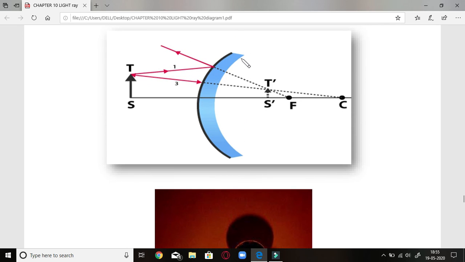We have taken this as a convex mirror, showing its reflecting surface. This is an object which is upright, with arrow and base. One ray is going parallel and then it is reflected back, and this ray which is diverged out will appear to pass through the focus, take care of it. The second ray, which is going out of the head, will pass directly through the center of curvature, which is at double the distance of the focus.